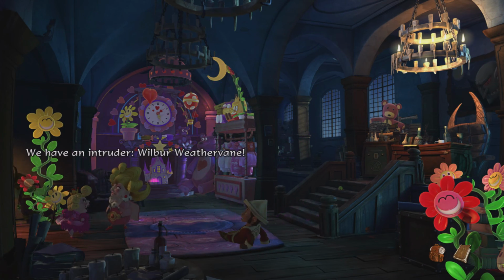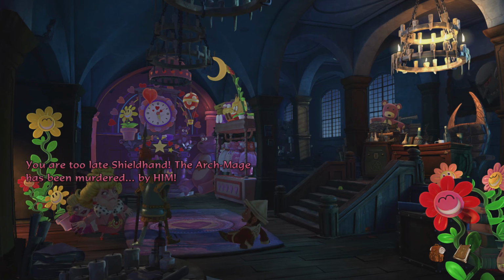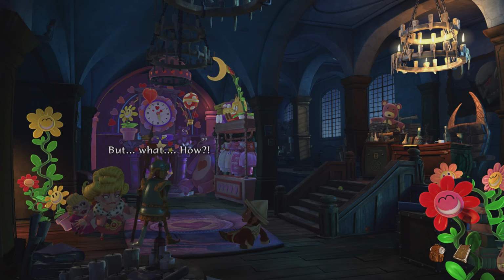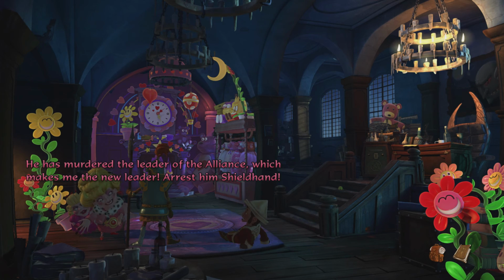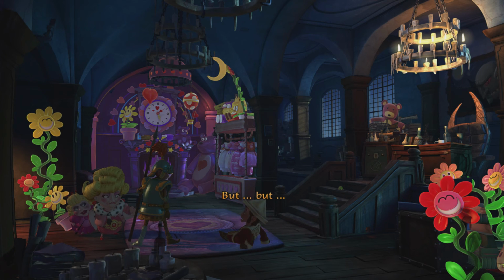Danger! We have an intruder! Wilbur Weathervane! What the... You're too late, Shieldhand. The Archmage has been murdered. By him! But... what? How? He has murdered the leader of the Alliance, which makes me the new leader. Arrest him, Shieldhand! But...